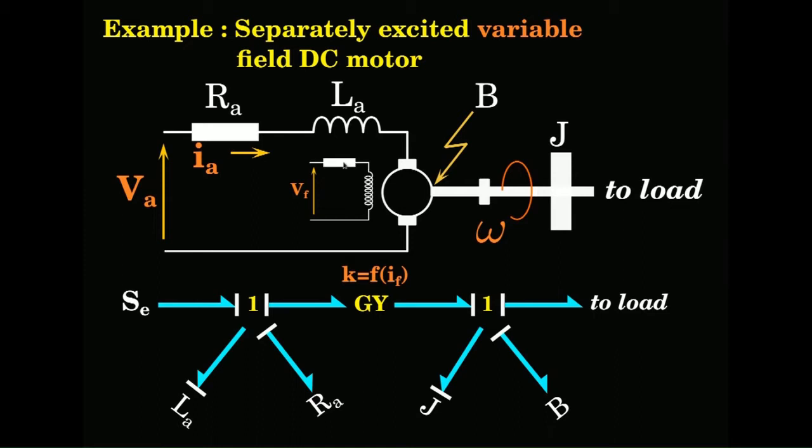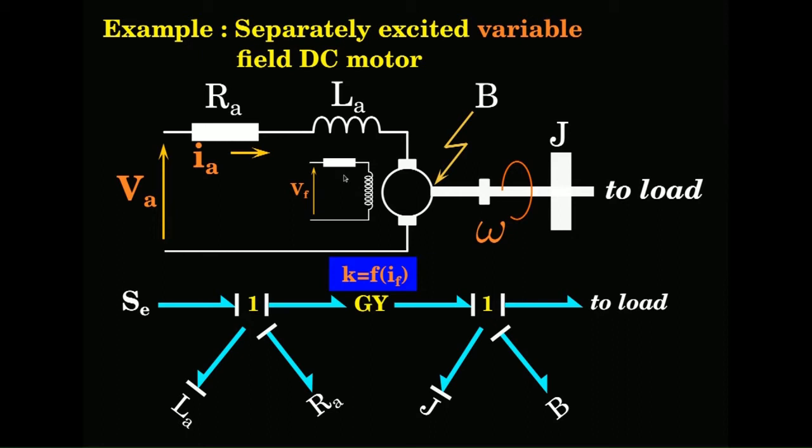So, in that case what happens to our equations? Just have a look at that. The bond graph is very similar, the only change is here. K, which is a function of IF, because this is varying, is no longer constant. There is dynamics of that involved, there is a dynamical element, LF and IF are coming here. So, I say LF and IF in this circuit.